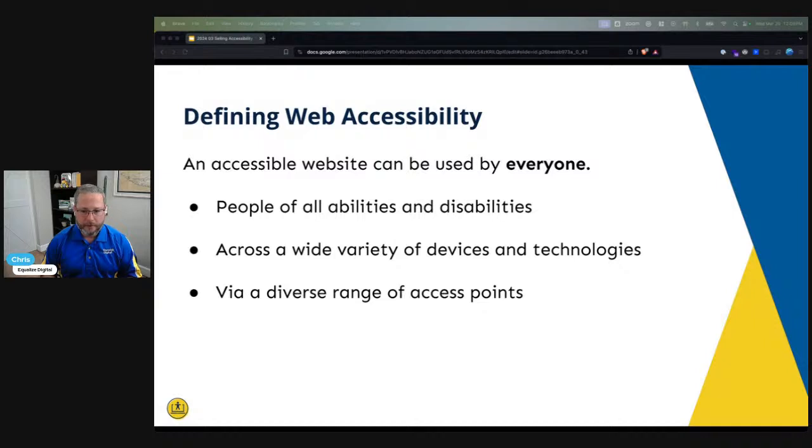And then finally, we have different access points. So what I mean by this is, are you accessing the internet via gigabit fiber, or are you in a less developed rural area and you're still on like a 3G connection, right? And the technologies that we engage with every day need to be available to us, and we need to avail ourselves of them regardless of these different aspects. They need to be accessible to us. We need to be able to use them.